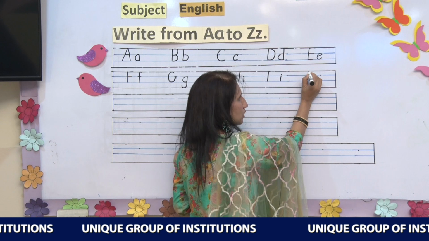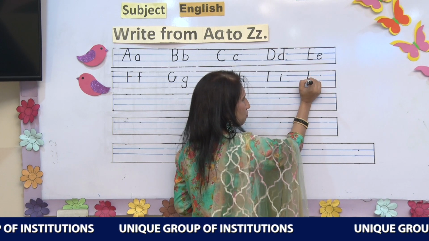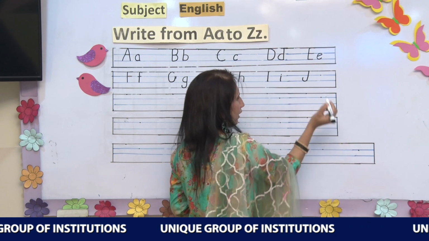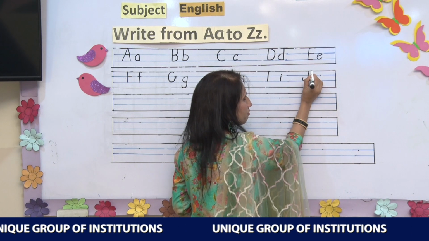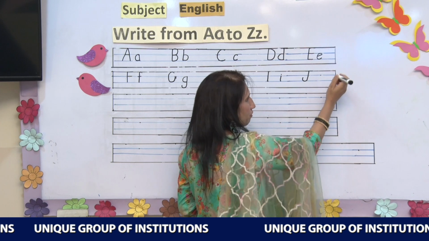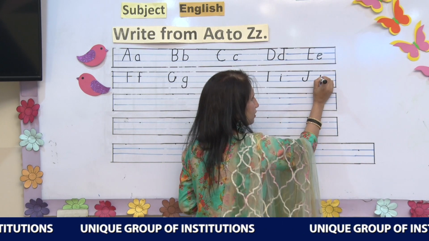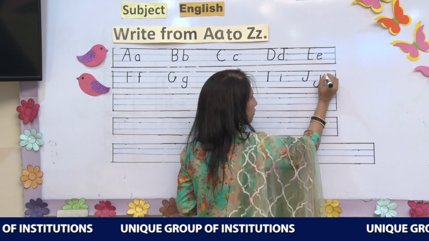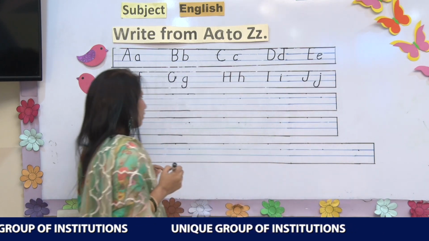Then we will write J. In the first three lines we will make a standing line and then we will curve it and we will make J like this, and we will have a sleepy line on the first line. This is the capital J, and for the small j we will utilize these three last lines. In the same way as we have written the first one, we will write in the last three lines and we will put a dot over here.